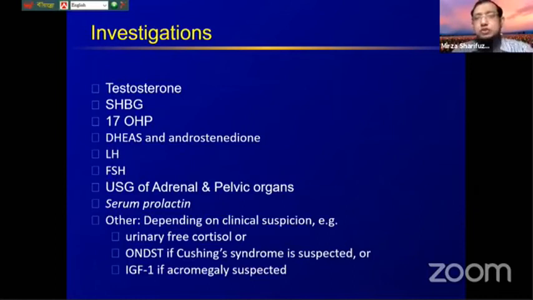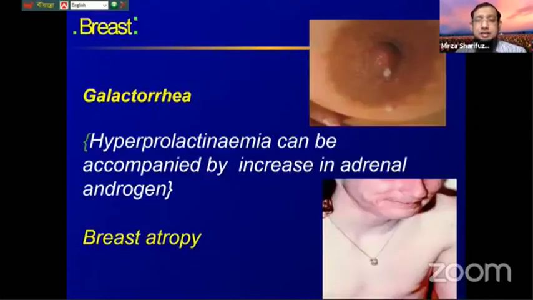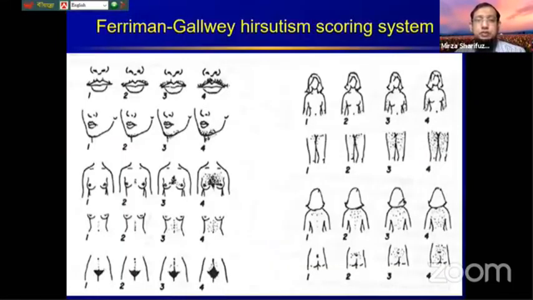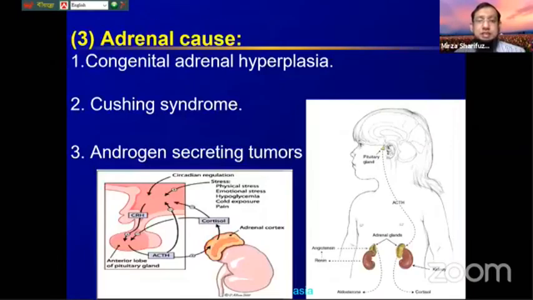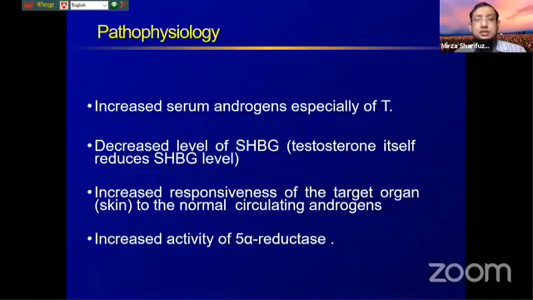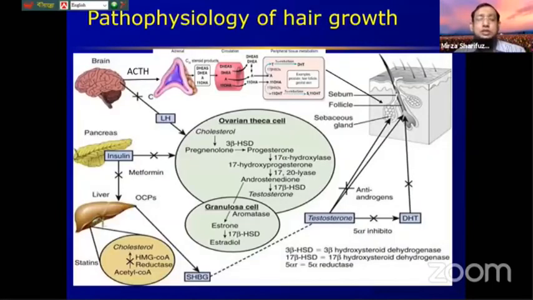So what are the investigations we should do? If you remember my previous figure of pathophysiology, that will define what investigation to be done. Just look into this picture. In this pathology, the main culprit is testosterone and DHT. We can measure testosterone. DHT is usually not measured. It's not available here. We can measure SHBG. We can measure adrenal androgens,